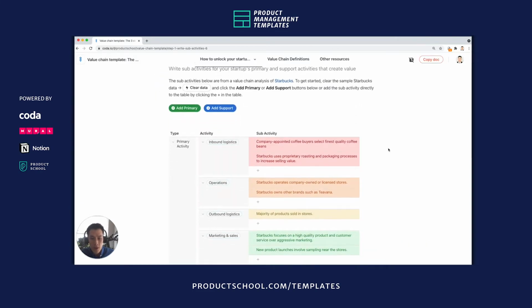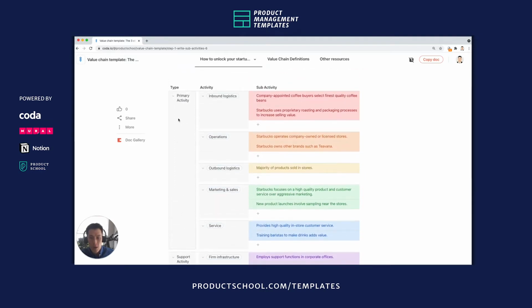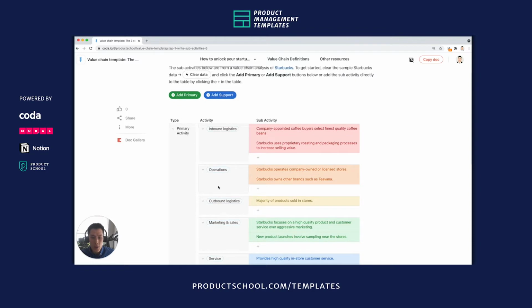And in here, you'll see the primary and support activities. And within each of these types, you'll also have the specific activity itself. Now the dummy data here is all from Starbucks. You can click clear data here if you want to just clear this dummy data for now. But let's say you want to add something specific to the operations